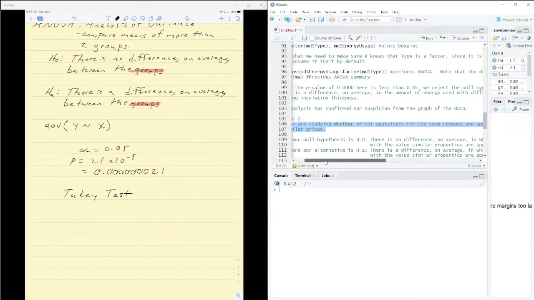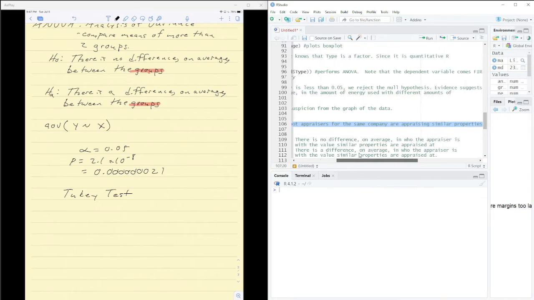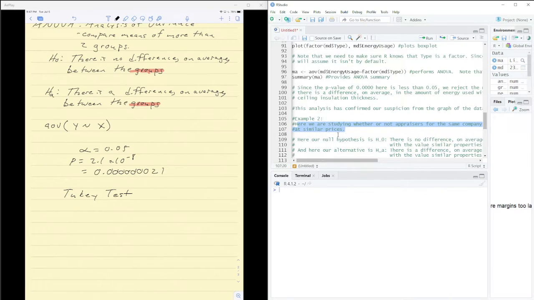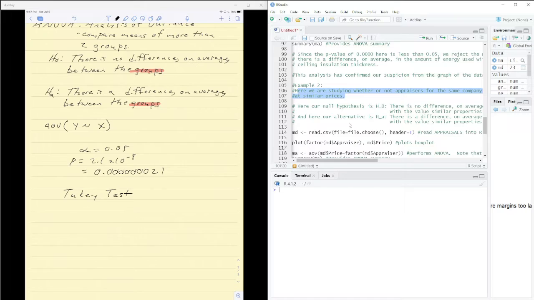Here we're studying whether or not appraisers for the same company are appraising similar properties at similar prices. So say you're buying a house and you have someone come, an appraiser whose job is to determine the value of the house based on several factors. If two appraisers are appraising similar properties very, very different, that has implications, right? If they overvalue it, then